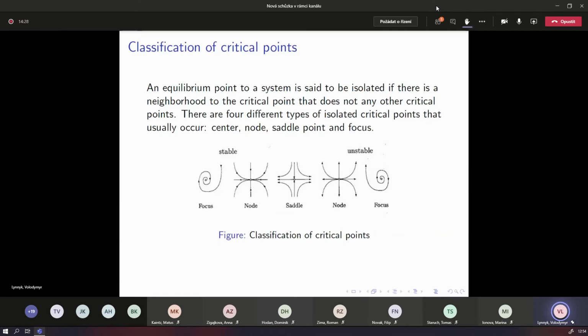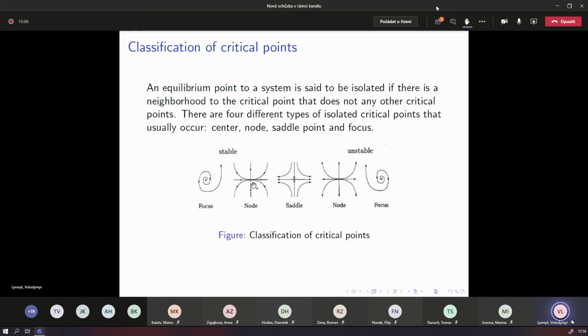There are 4 different types of isolated critical points that usually occur: center, node, and so on. I will show you these kinds of equilibrium points in the MATLAB simulation. Center, node, this one. This is a stable node because you can see that the arrows go to 0. It is possible if the real parts